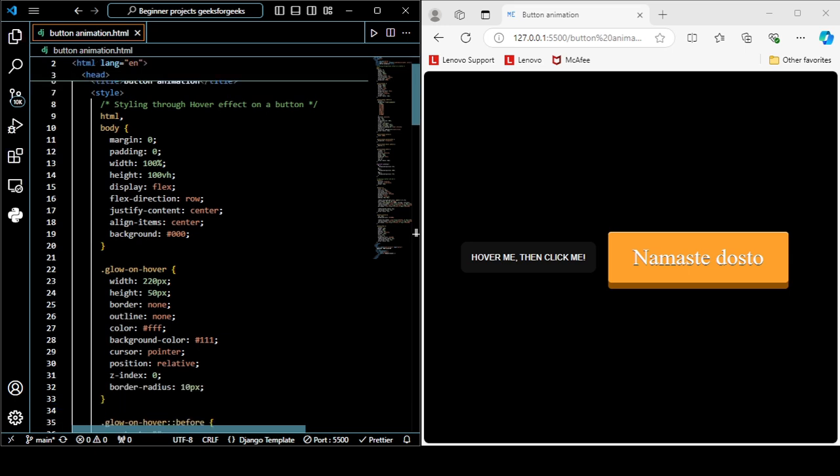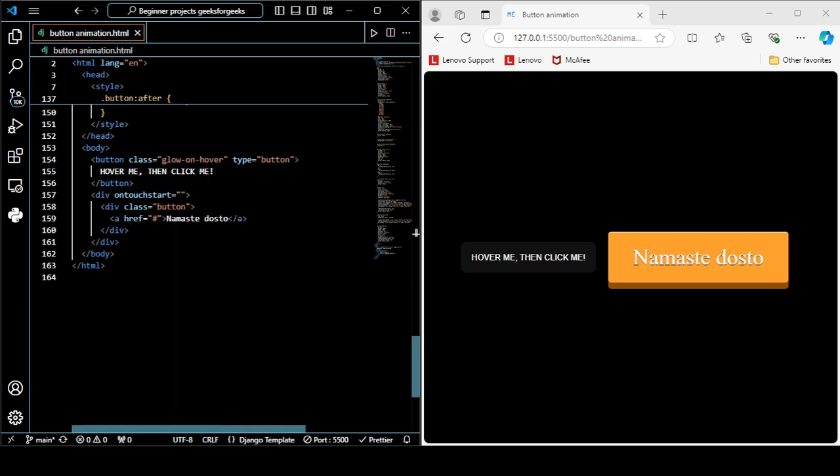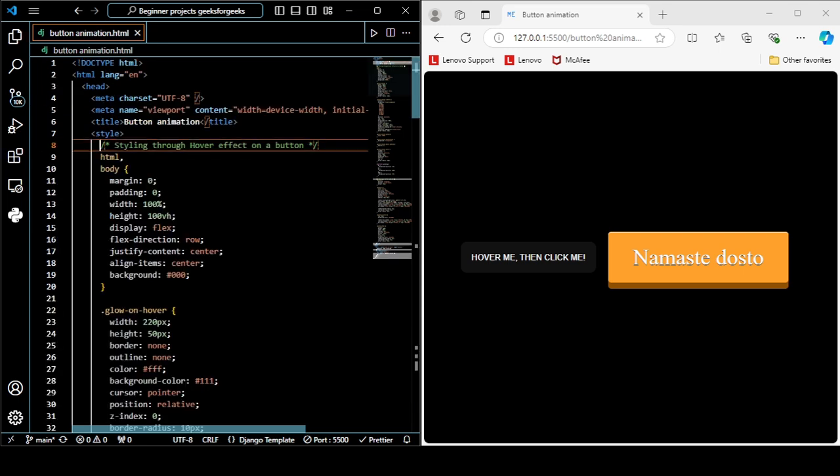Then we go to our HTML and create these buttons. This is the first button, and this is the second button that we have created inside this part. So let's see what we have to do in our CSS part to create this kind of hover buttons,